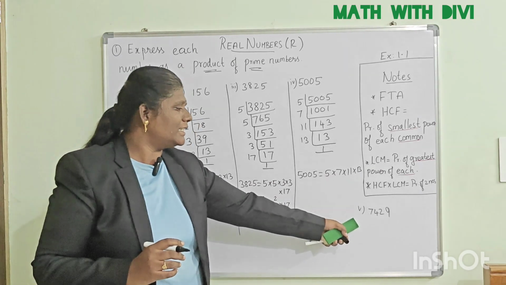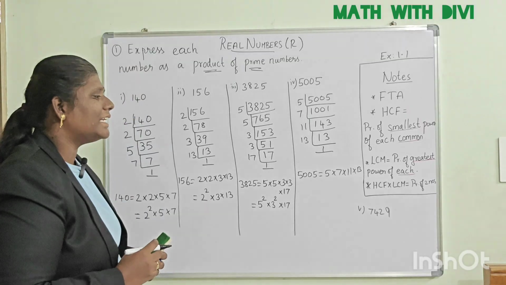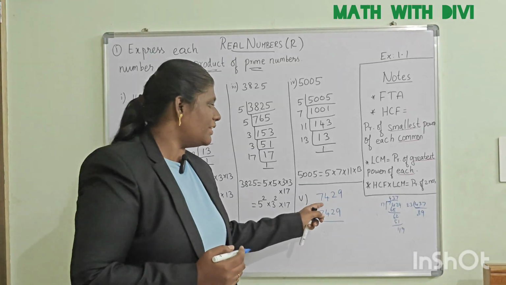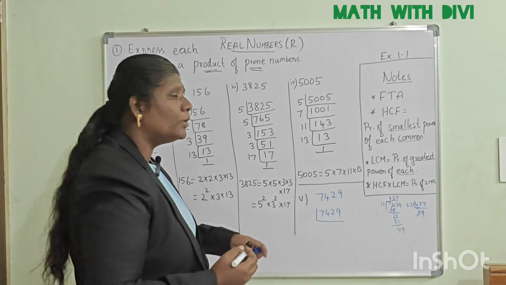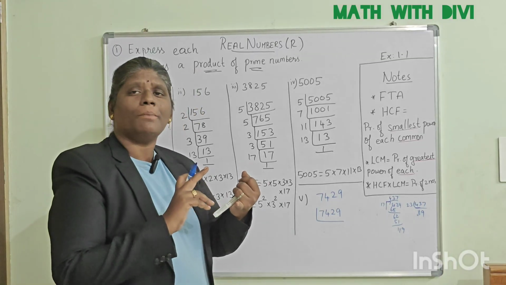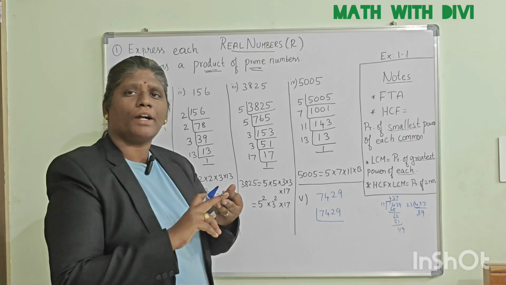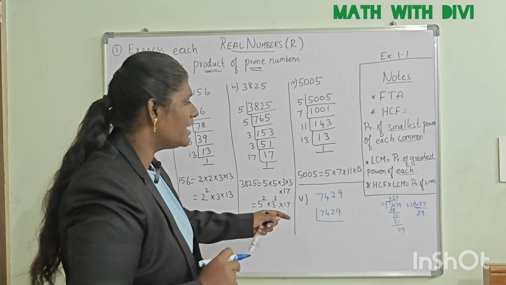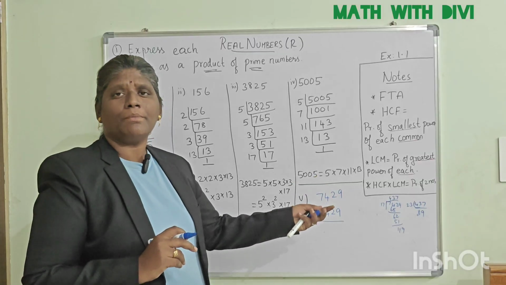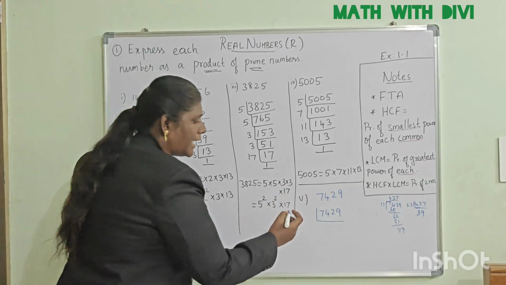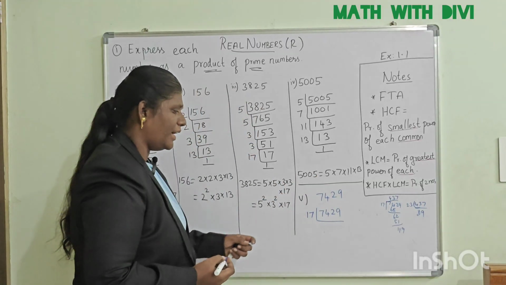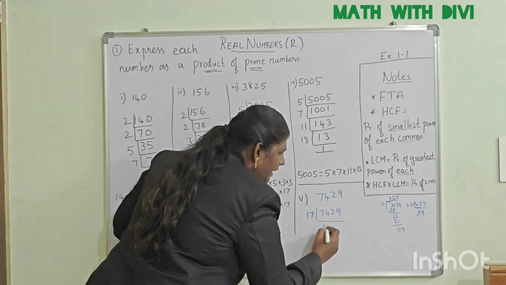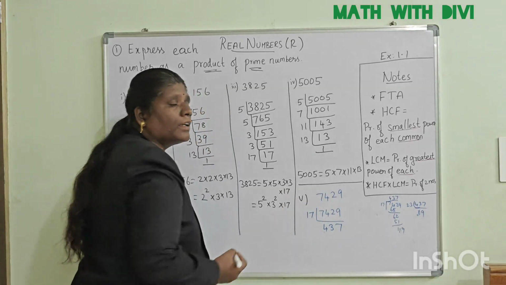Okay. The last sum of the first problem is 7429, right? And this last sum is 7429. So it will not come in the 2 table, 3 table, 5 table, 9 table. All the tests of divisibility rules we can check. We can go with the prime numbers. So the first prime number I am trying is 17. If I try 17, I have worked out here, which is 437. 17s are